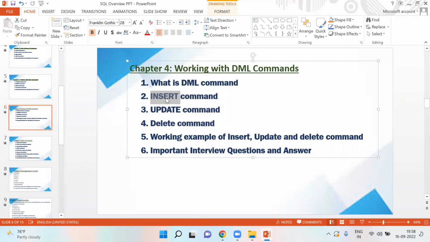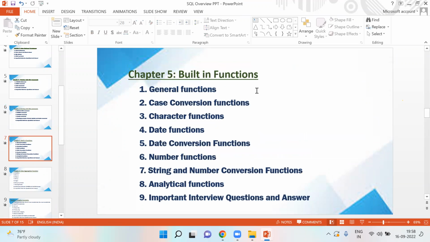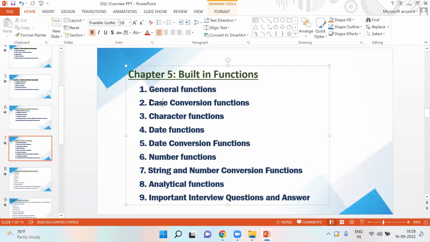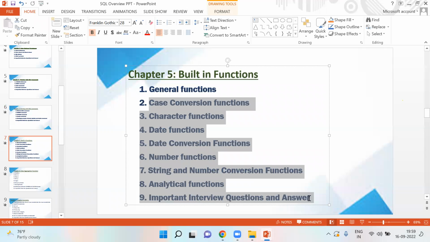So that this is useful. Then update command and delete command, we'll see some examples of insert, update, and delete command. Okay, important interview questions and answers. Built-in functions, as I told you, three classes I'll be taking for this one, and these are all very important from your interview perspective,